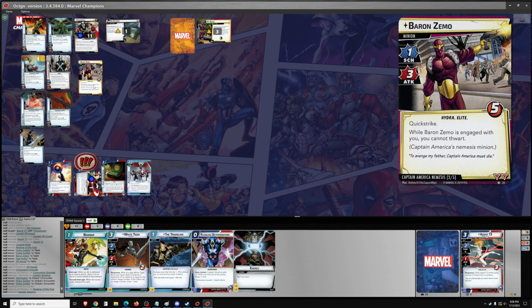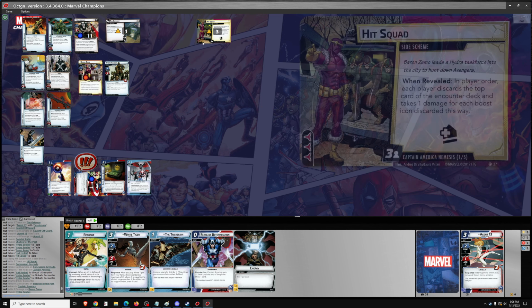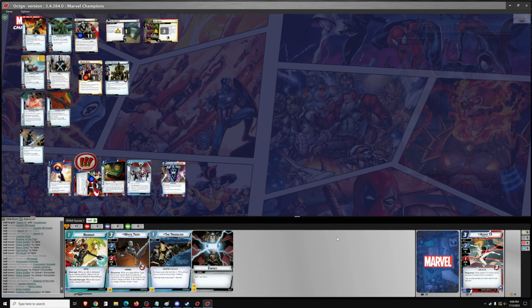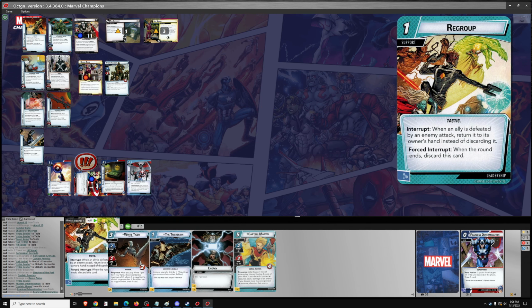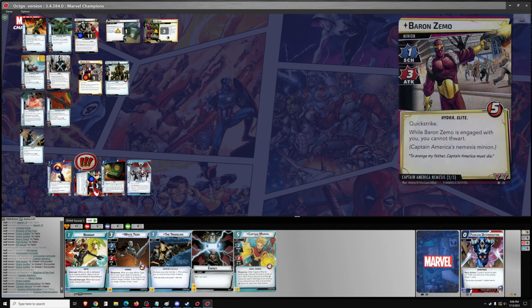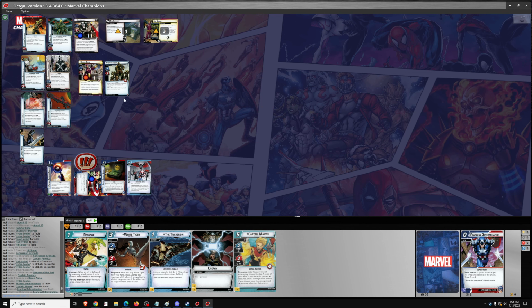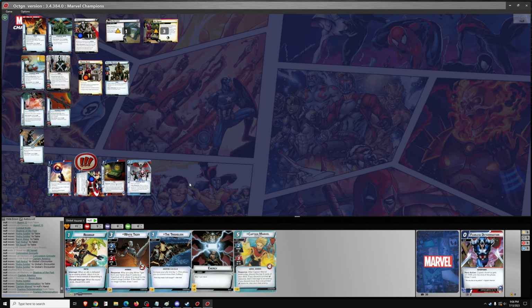Zemo will have to defend his attack, give him 1 retaliate. Hydra Soldier, that's going to ruin any chance we got. Well, gonna cycle. It's Captain Marvel. I could get her out, deal some damage to the Hydra Soldier. Not going to be enough to kill. Theoretically, though, if the Hydra Soldier hadn't come,